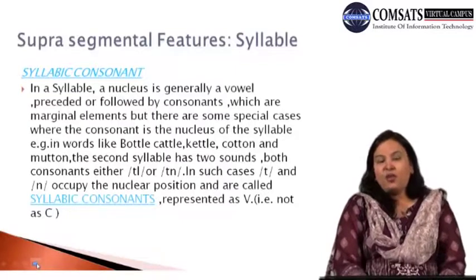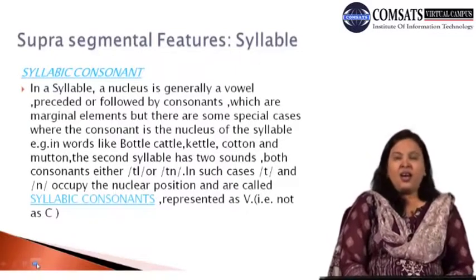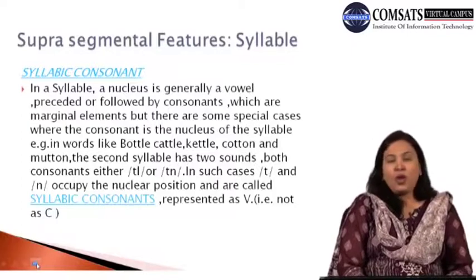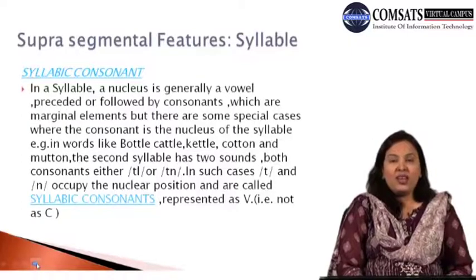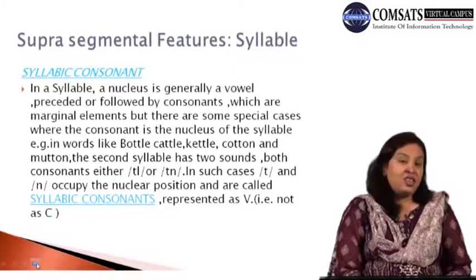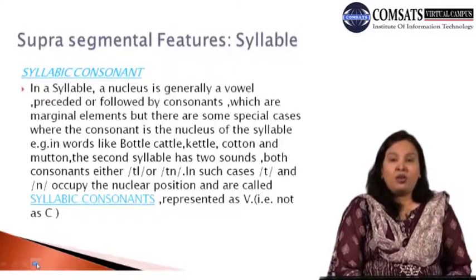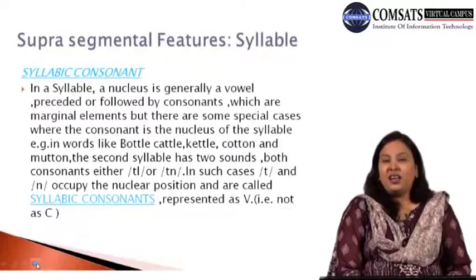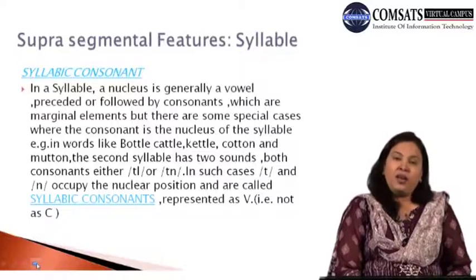In the second syllable, for example, in the word kettle, ta and la, both are consonants, not at all any vowel. Do not confuse that there is a last E in bottle, and in kettle there is an E. Once again, syllable is all about the phonetic representation, not at all about the orthographic representation. So in bottle, bot and tull, the bot is the first syllable, it has a vowel in between, but the